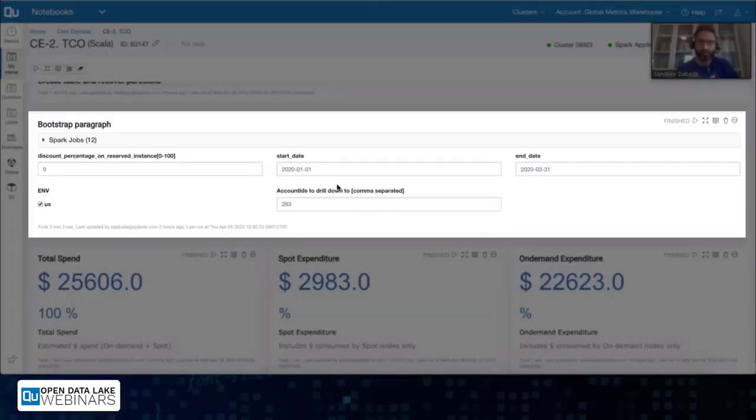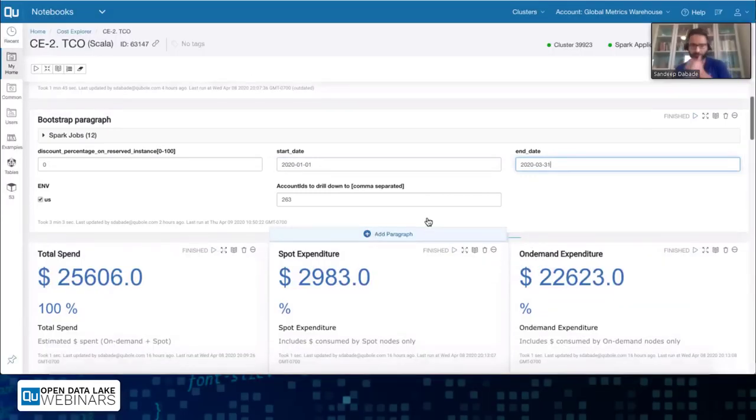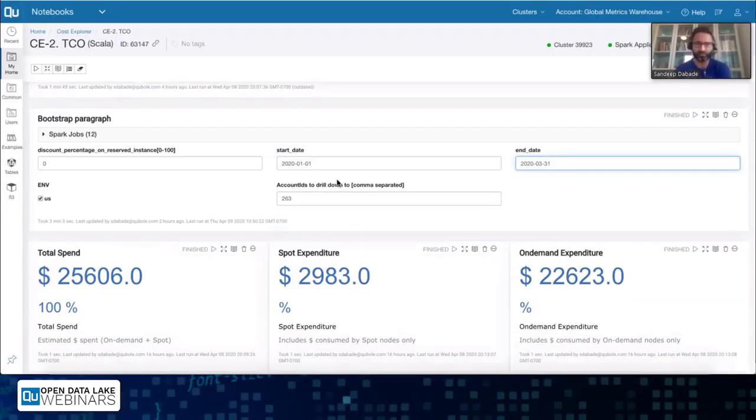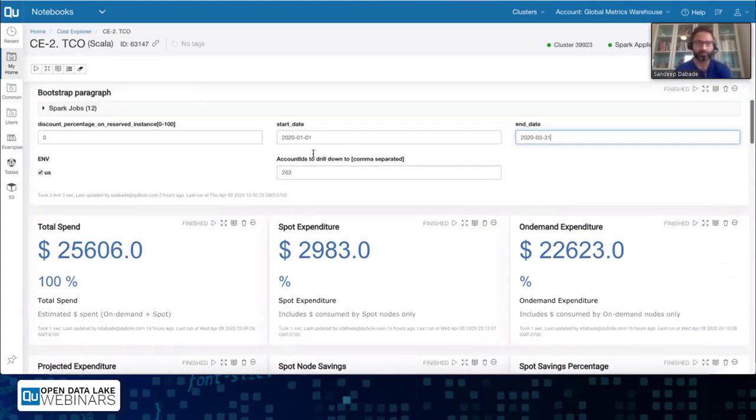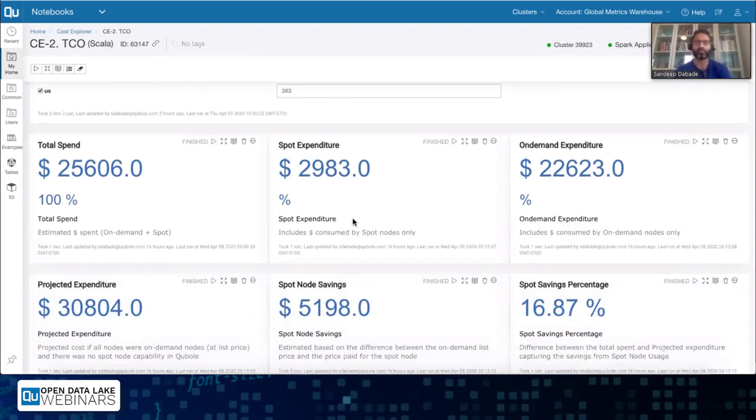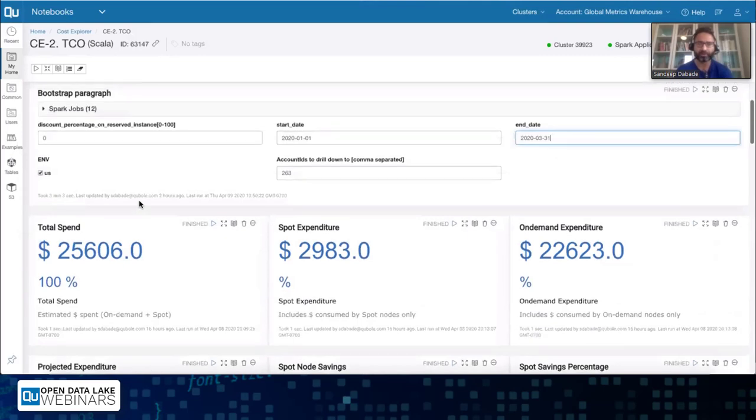There is this bootstrap paragraph. This is where you'll give your start date and end date for which you want to run your analysis. So for this particular webinar, what I've done is I've given like a 3-month window. So once I run this, further down, I have a few paragraphs here that will give me the metrics around that consumption, your consumption in